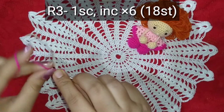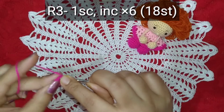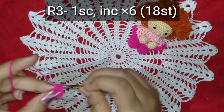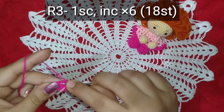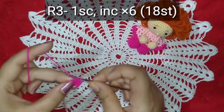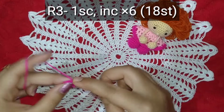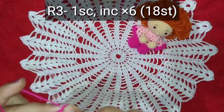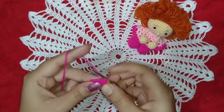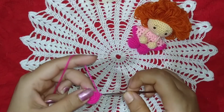1 single crochet in the first stitch, and 2 single crochets in the next stitch. Again in the next stitch 1 single crochet, and in the next stitch I'll make the increase, that is 2 single crochets in one stitch, and I'll continue doing this all over the third round, making 18 single crochets. And this is the last